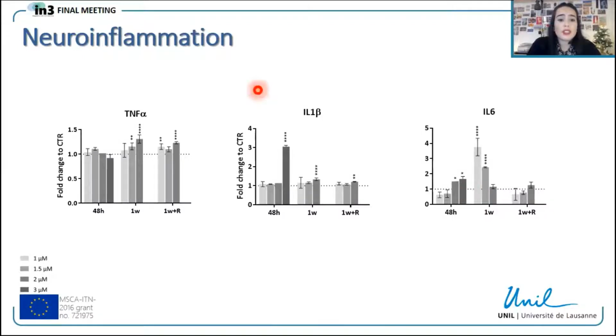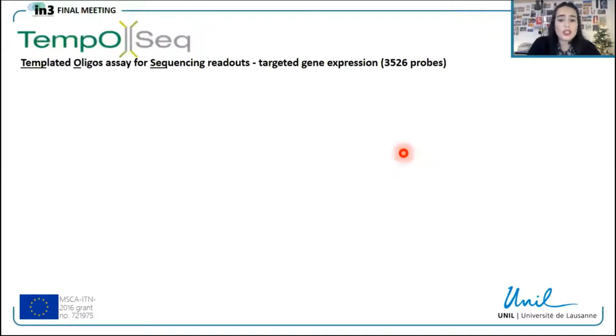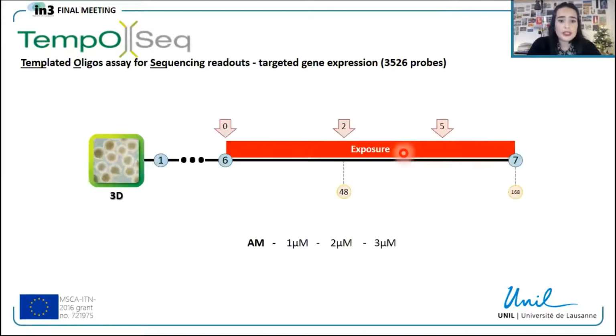Expression of markers linked to neuroinflammation, TNF-alpha, IL-1 beta, and IL-6. We find some changes, but we need to further investigate these changes. So then we sent some samples for TempoSeq. And the samples we sent were after the acute exposure of 48 hours and after the repeated exposure of